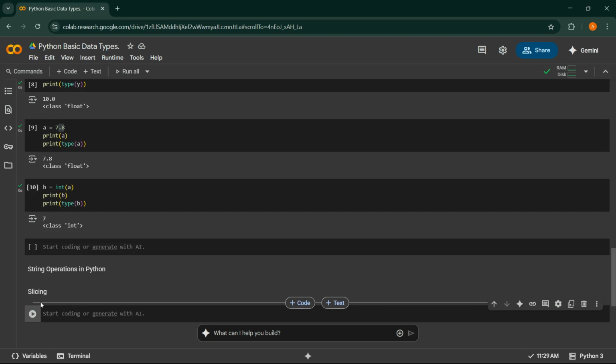String slicing allows you to extract a portion of a string. It's like taking a slice of a cake. You specify a start index and an end index, which is exclusive, meaning the character at that index is not included, and an optional step. For example, if I type my string and give it a string as programming,